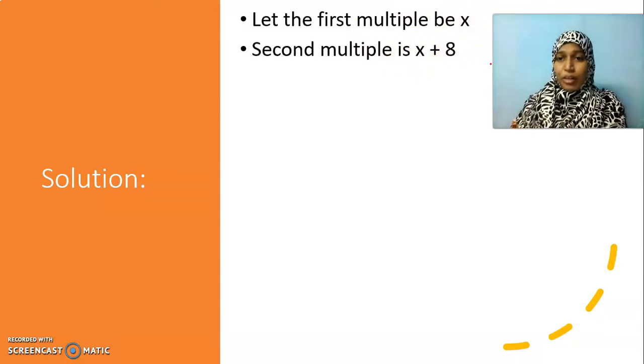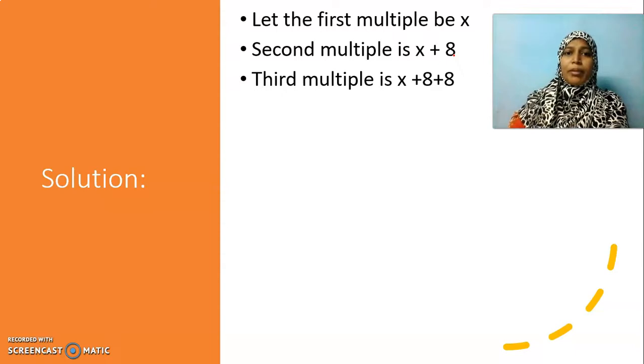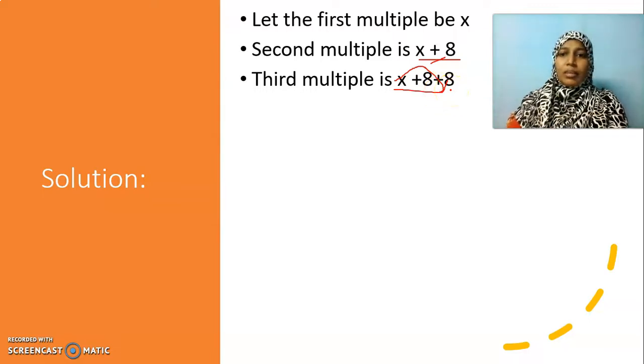In a table, if ma'am is suddenly asking for the 12th table, you would have come across, or seen your friends counting fast on their fingers and telling the answer. It's the same thing. Adding 8 to find the next multiple. What will be the third multiple? Because we need 3 consecutive multiples. Already it is x plus 8. To this previous one, I am adding this 8 to get the third multiple.